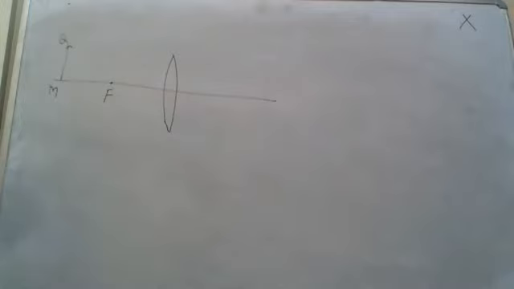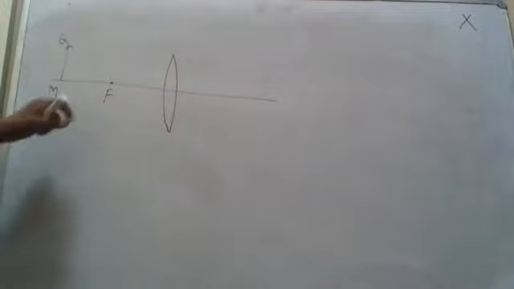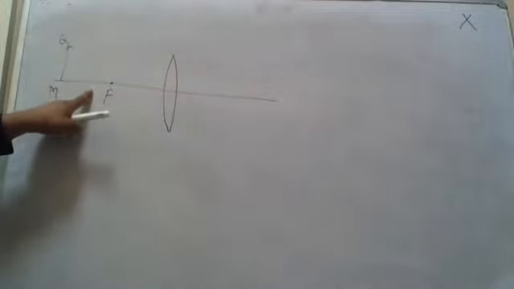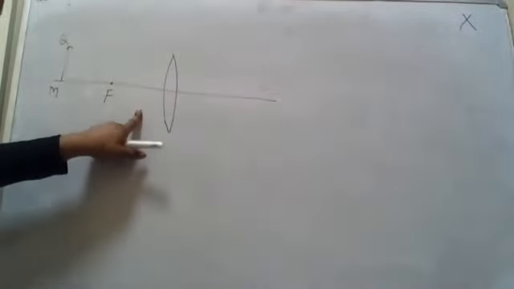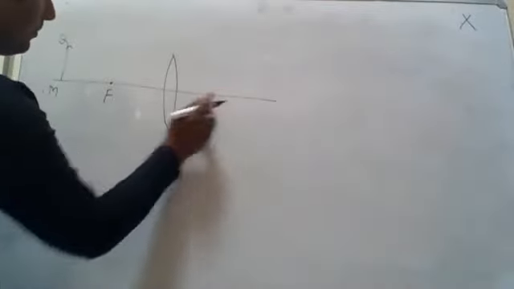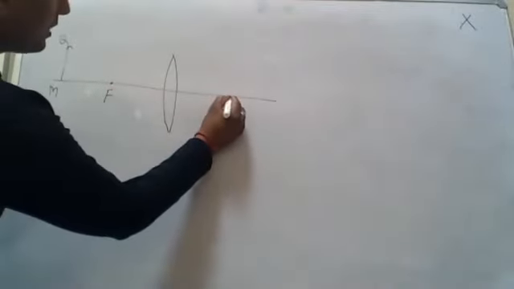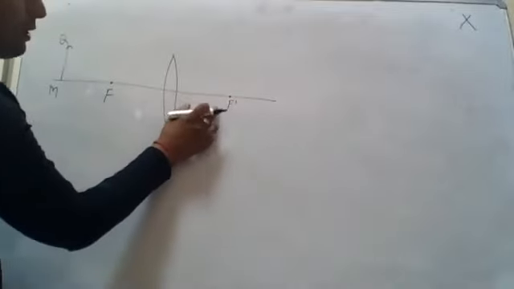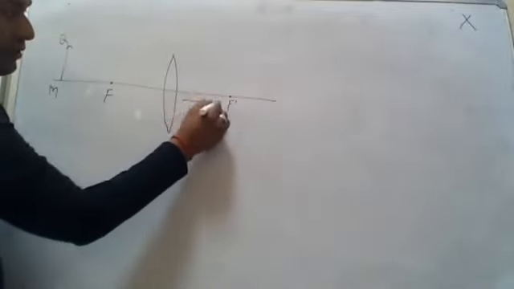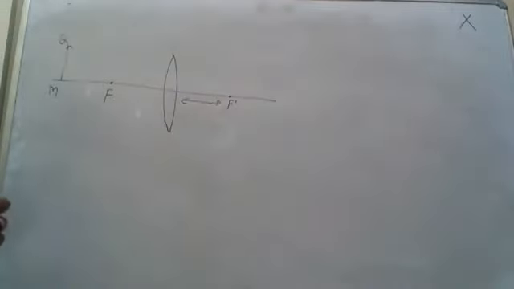The image will be formed before the focal point. Before the focal point. Here at this point? No, sir. Sir, after the lens. Right, the other side of the lens. Suppose this distance is equal, so this is the F prime. So in this lens, how will we form this image? Can you tell using a graphical ray diagram? Which line do we have to draw to get the image?